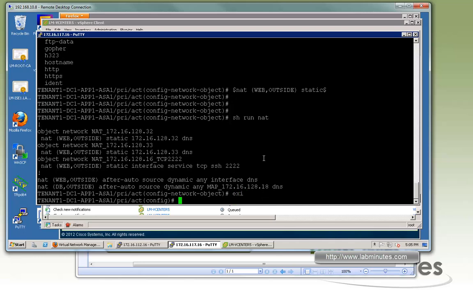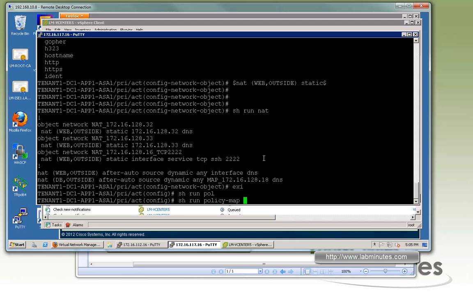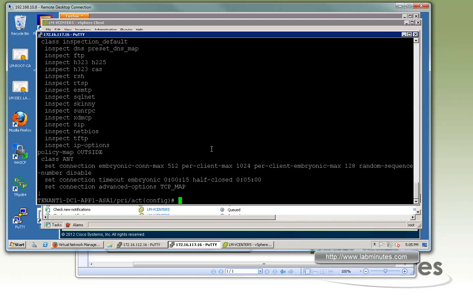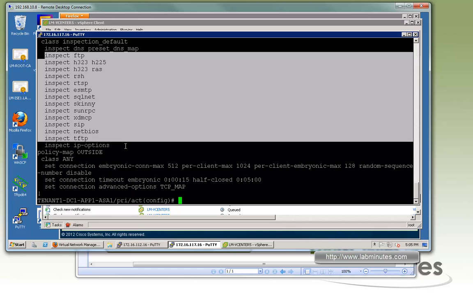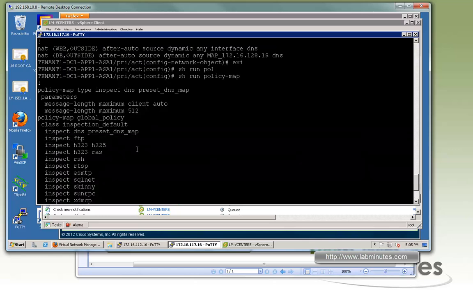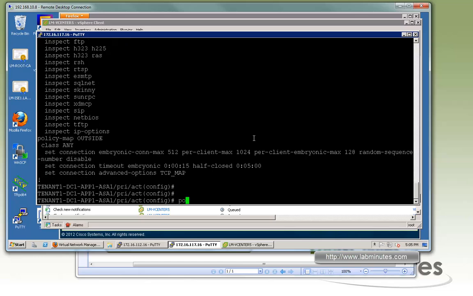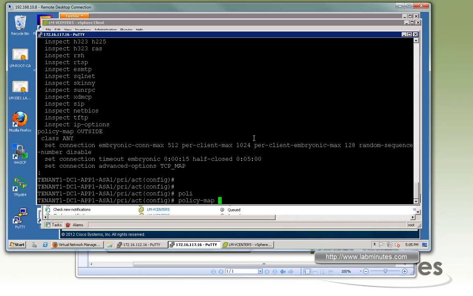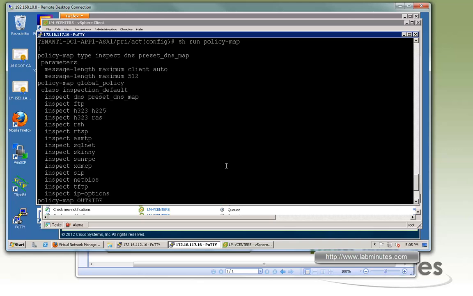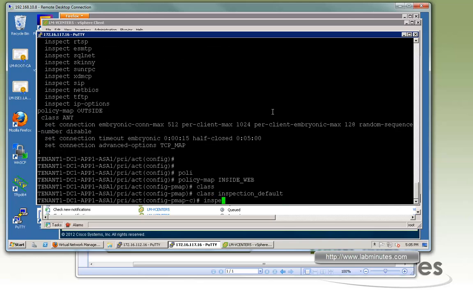Next, we're going to move on to the application inspection. If you do show run policy-map, you can see by default the global policy has a whole lot of application inspection turned on. Let's say we just want to enable a subset of that and apply it to each of the security policies. So we'll come up with a new policy map called, let's say, inside web class. So you're going to have to choose inspection default, but instead of enabling the whole lot of inspect commands, we're just going to